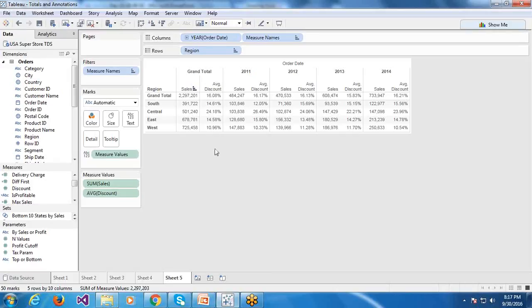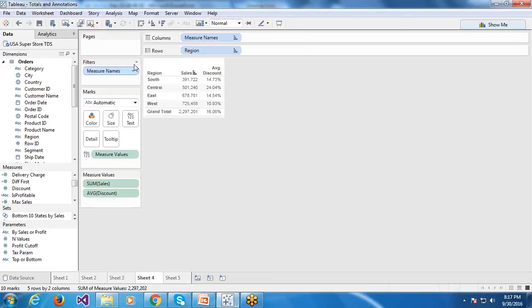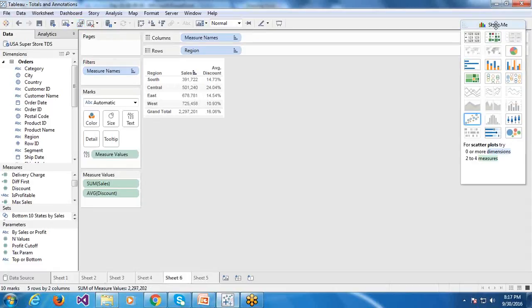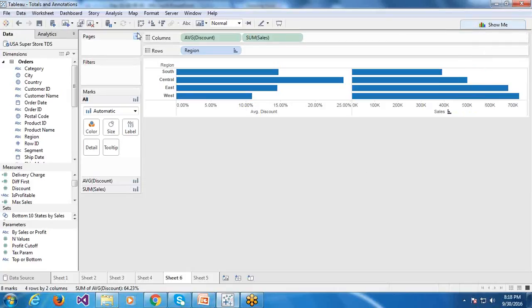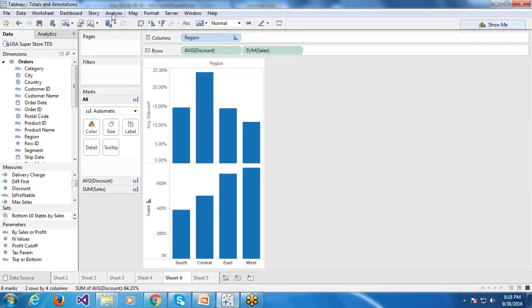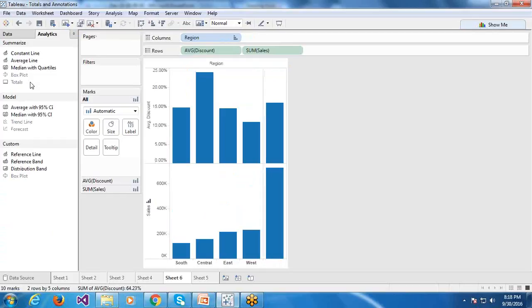Yeah, so that's how you can manage totals, and you can manage two pass totals for individual measures also like that. And let's say you want to show totals.